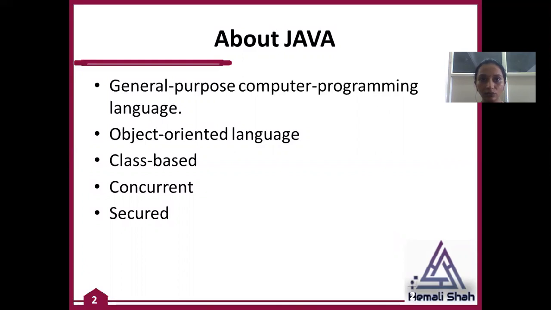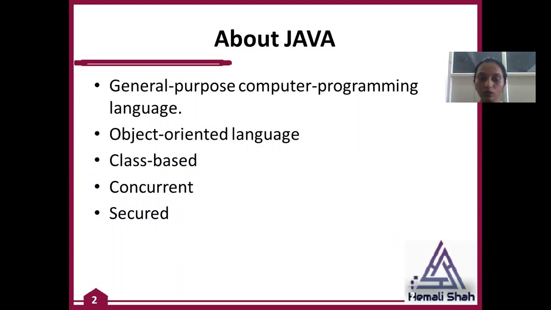Object oriented programming language means your program has classes and objects. When we start the coding inside Java, at that time you will learn what is a class, what is an object, how you can create a class, how you can create an object, how you can create functions in the Java language. Java is basically an object-oriented language.